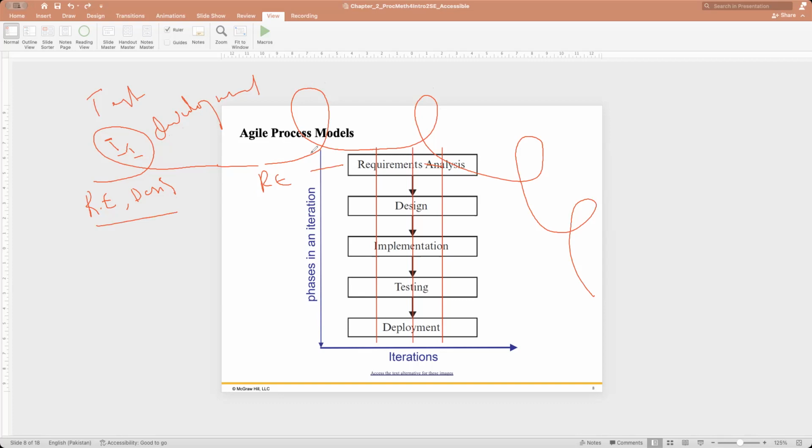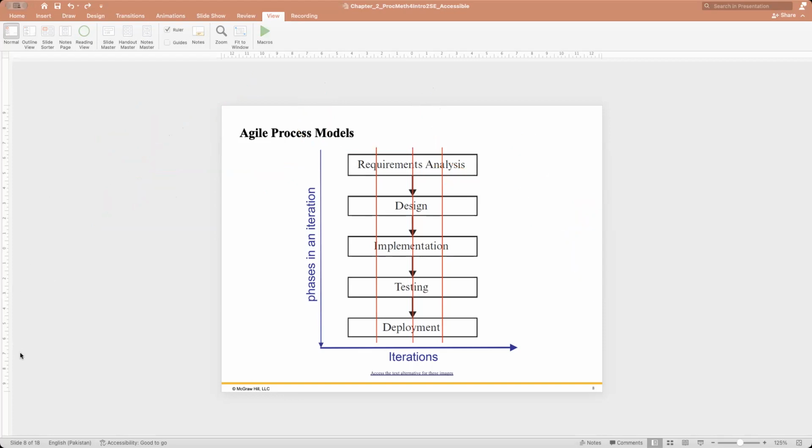So each time you go, let's say this is requirement number one, this is requirement number two, and this is requirement number three, for instance. If an iteration is not complete, they may repeat the same process. We will learn about agile in a different presentation. I'm just giving you a quick understanding at this moment.